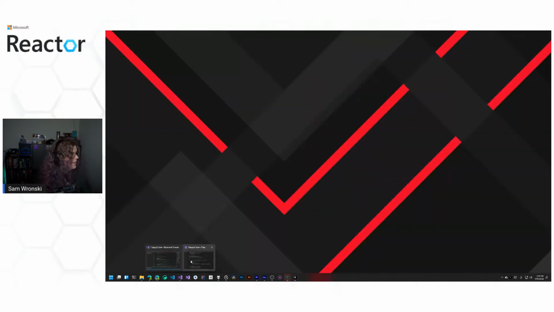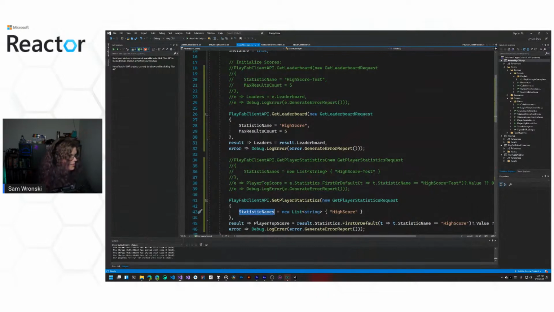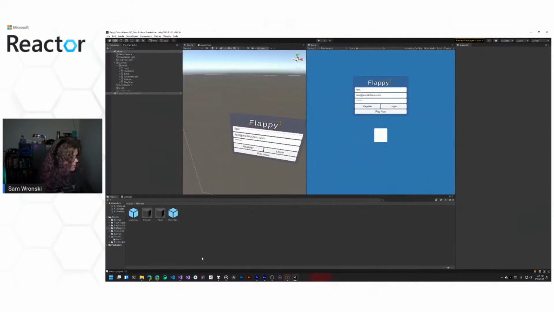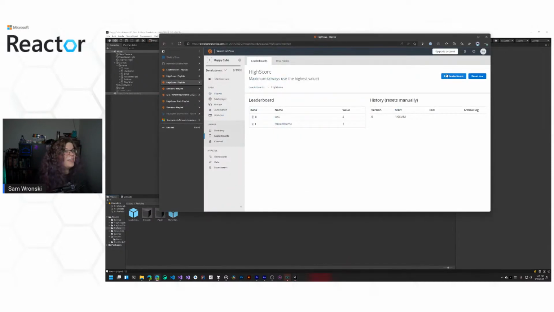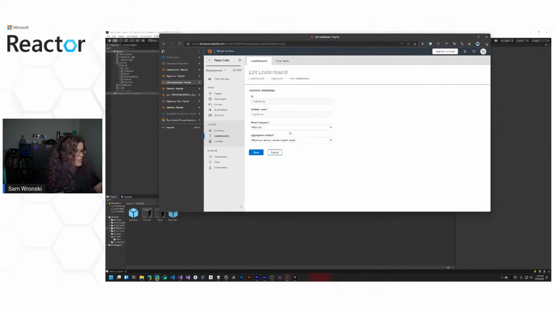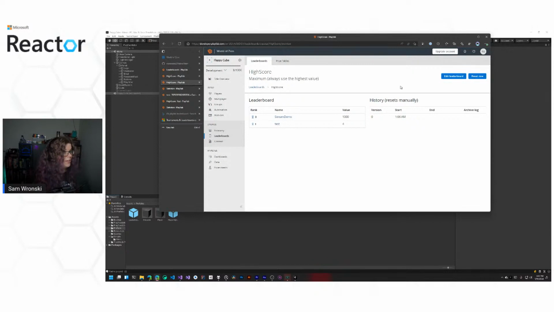Now let's go back here and actually start triggering a few things off of this. So what I would like to do is not get lost. There we go. Go into our high score, and we should be able to edit this. We can actually change a few different things here. Right now, it's all set to manually reset, which means we have to click that reset button in order to reset things. So if I do this, we should see those statistics go away. At least that's my expectation. There we go. So those are all gone. And we have an archive of what those were when that reset happened.